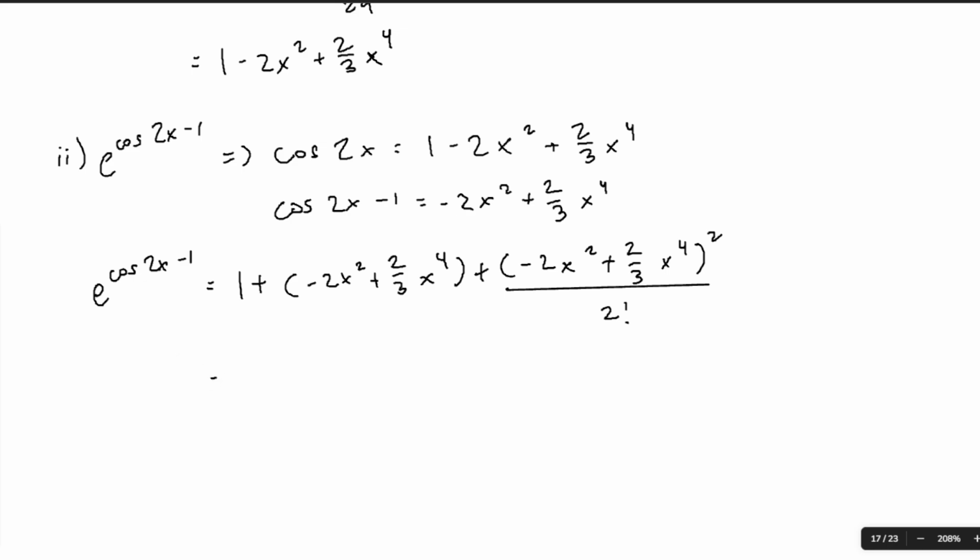And from here, we just simplify this further. We would get 1 minus 2x squared plus 2 over 3 x power 4 plus